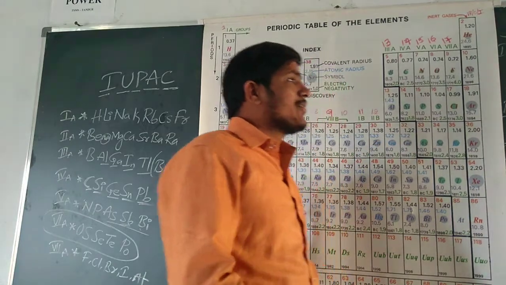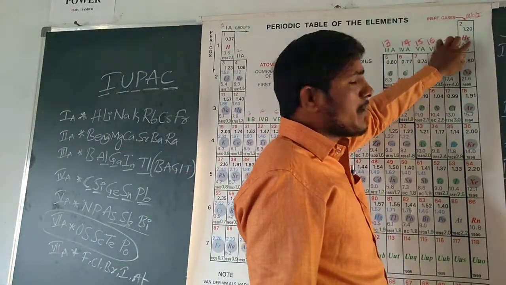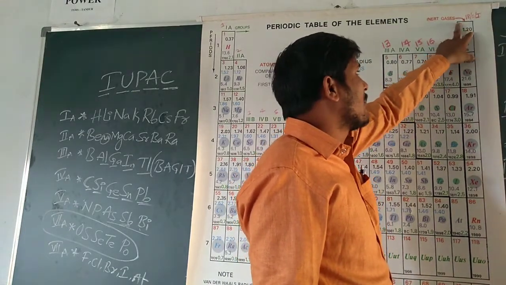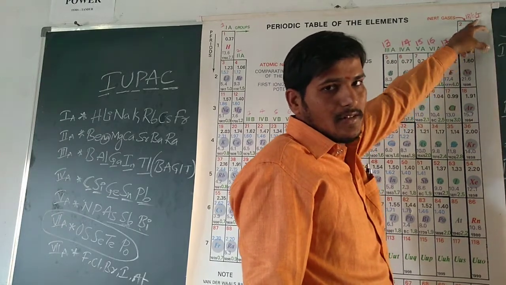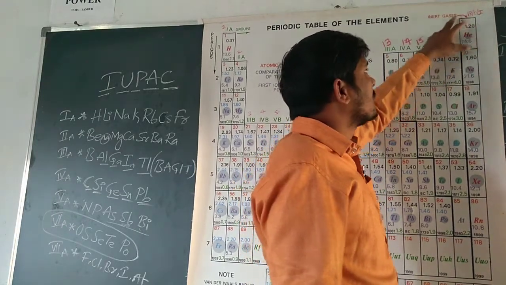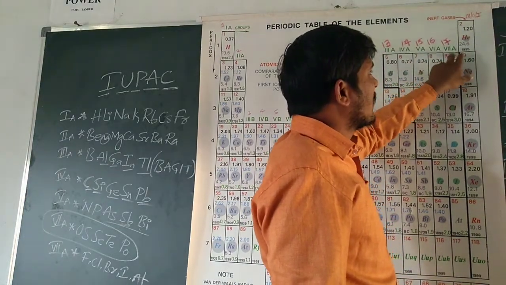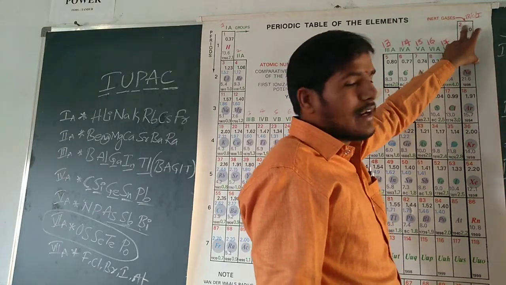And next, 8th group elements. What are the 8th group elements? This group of elements is called the 18th group elements or 8th A group elements or 0 group elements or inert gases. Okay, remember all these names. After the 7th A group comes the 8th A group, or 18th group, or 0 group, or inert gases